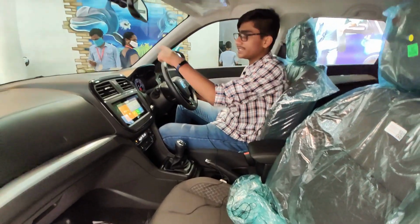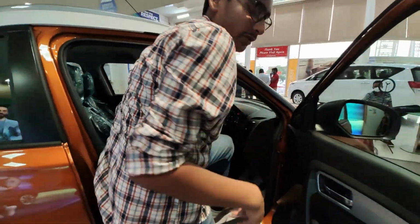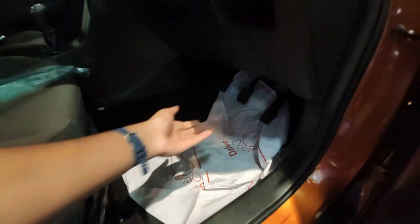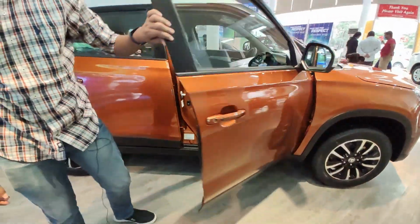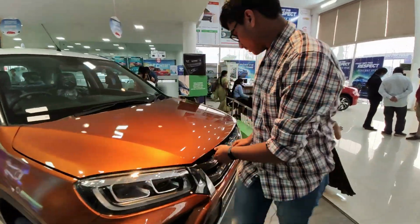Now let's move to the engine bay. Now getting out and going to the engine bay. Let me open it. So there I have opened the engine bay. It was really tight. And coming to the engine bay, then